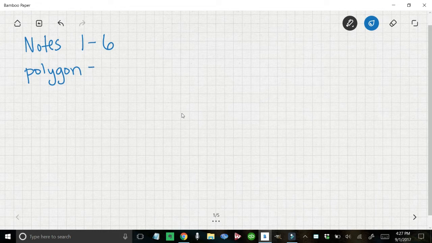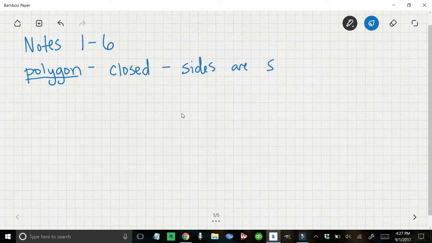But the part you need to know for chapter 1, just the introduction, is this word polygon. You need to know that a polygon is a closed shape where all of the sides are segments. So I'll just write the sides are segments. And you will see lots of different polygons. I'm just going to sketch out one